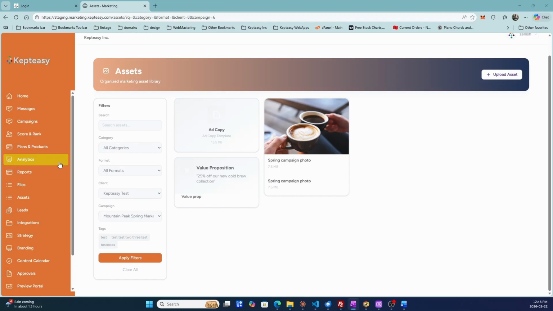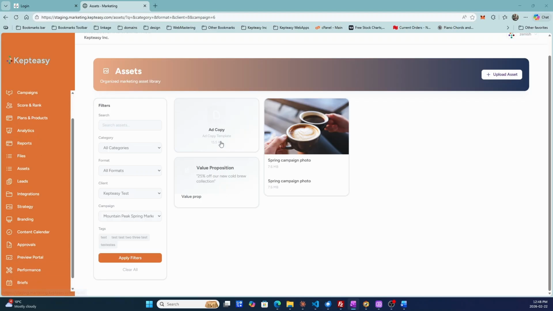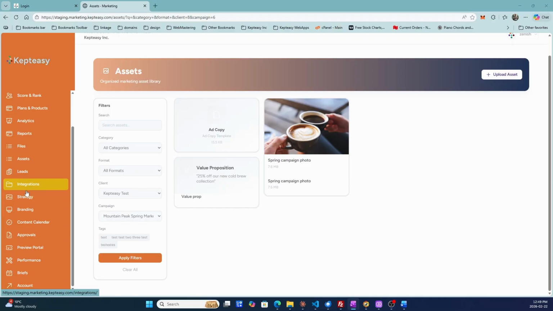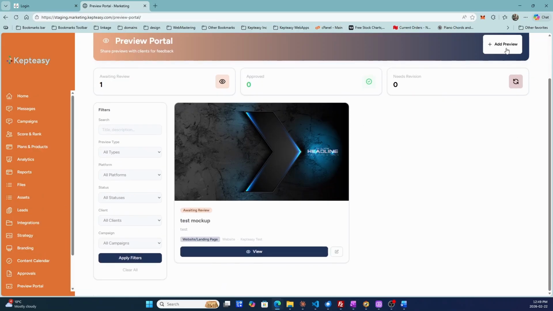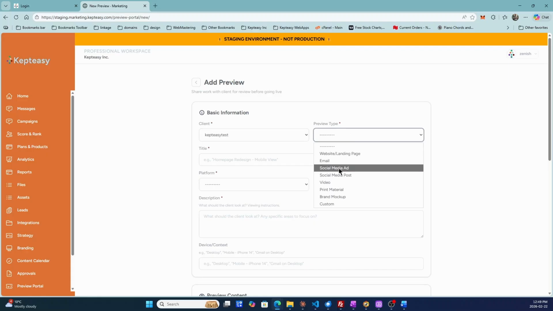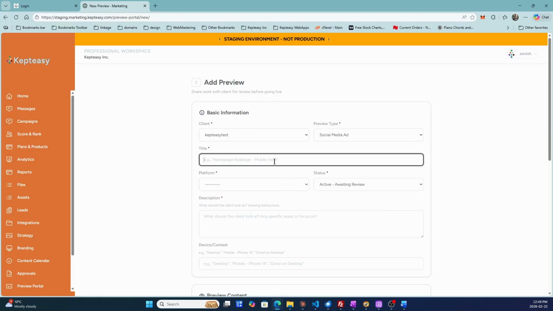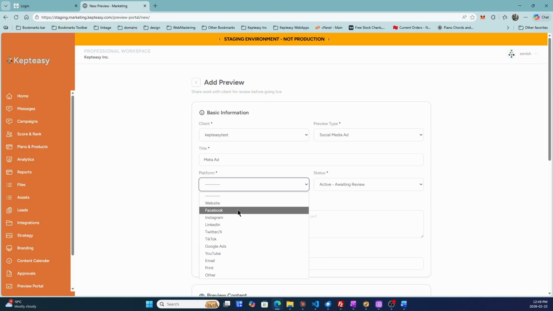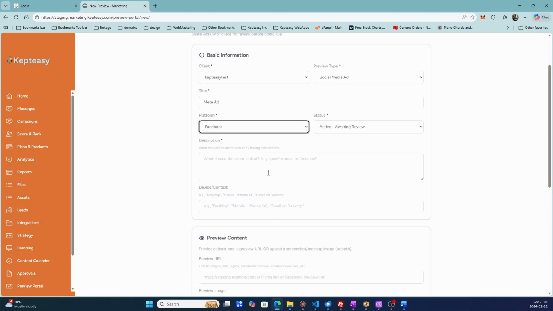So then what you can do is, now say you've made your ads, you have some ads ready to go in their Meta account or their Instagram or whatever it is you're doing. So then you can come to preview portal and you can add a preview. You can choose your client and it'll say social media ad, and this will be just like, I don't know, meta ad, right? Platform, Facebook, active, awaiting review,